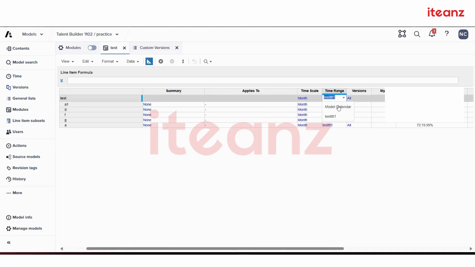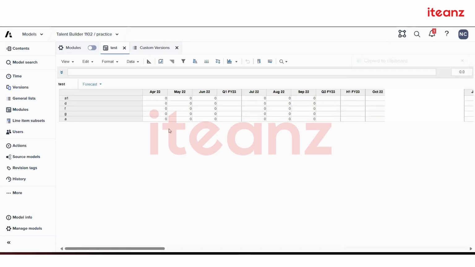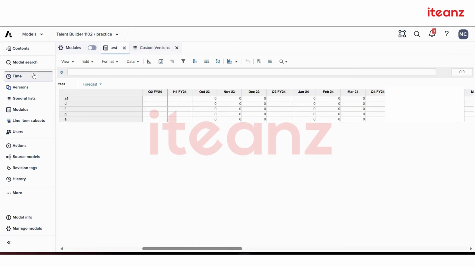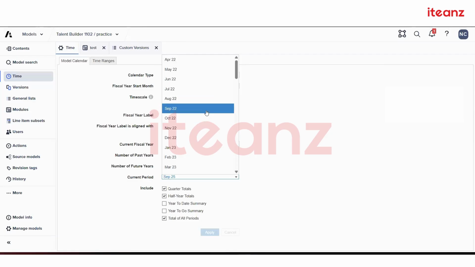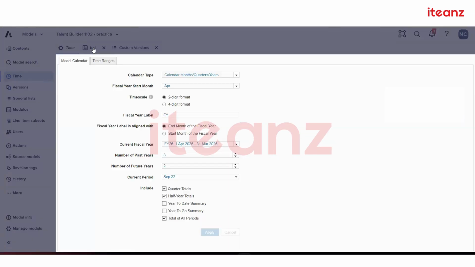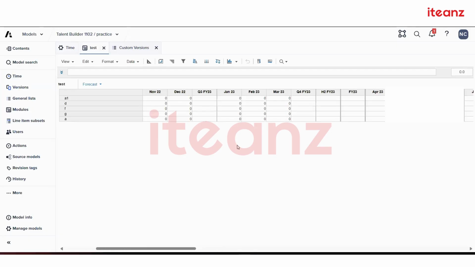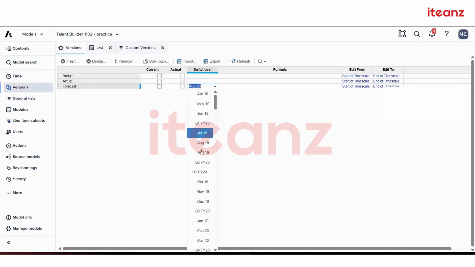For example, if we go through a different time zone, just going through the model calendar again, and I put my model calendar's time inside this current period to be only September 22, I'll go over here and then I'll start my switchover period to be